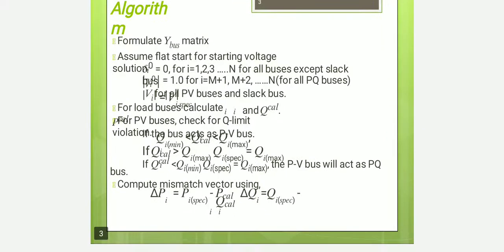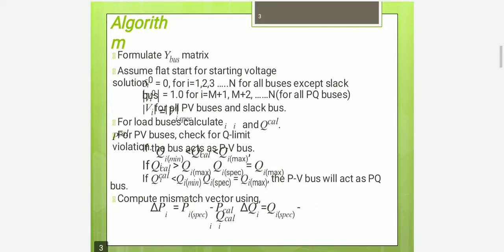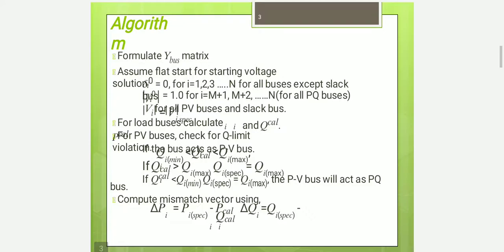Coming to the third slide, here we are going to discuss the step-by-step procedure to calculate the unknown parameters by using the Newton-Raphson method. The first thing is the formulation of the Y bus matrix. That is, before calculating the unknowns by using this method, you need to calculate the Y bus parameters, that is the admittance parameters of that particular bus or the particular algebraic equations, represented in the form of a matrix.